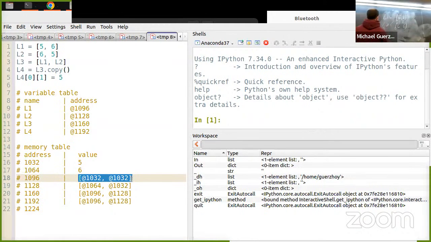So what are we doing? We're saying L1 is 5 fixed. And then L2 is 6 5. And then L3 is L1 and L2. So that's like that. And then L4,